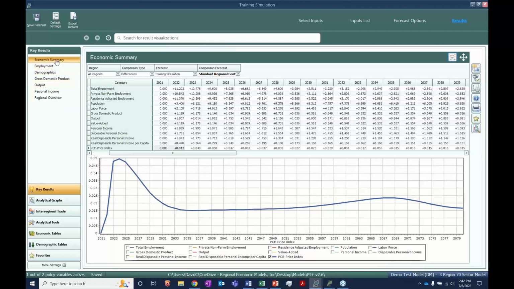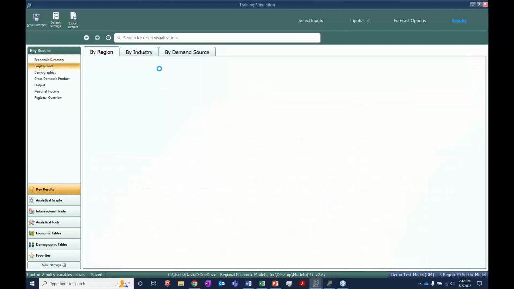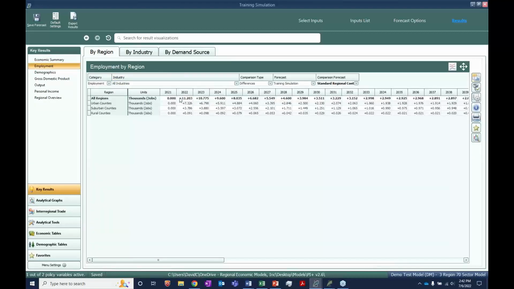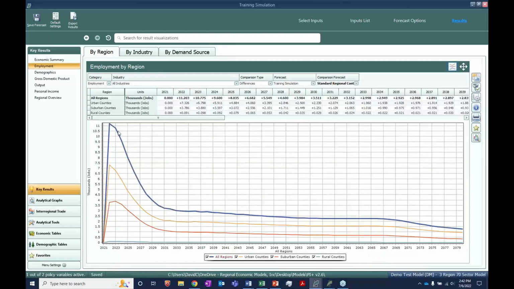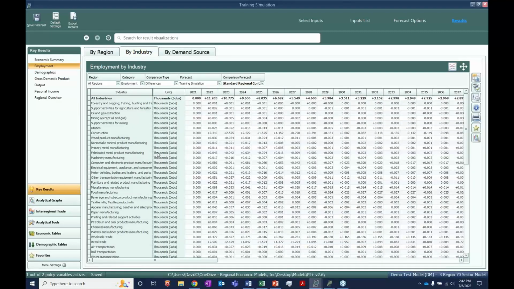This is the basic economic summary, which I think people do spend a lot of time on. But there are other specific tables here that you can see. See employment between the different regions. By industry might be interesting because we saw, right, that the fuel weight is a big difference between those industries that are highly dependent on residual fuel, such as air transportation. You can see